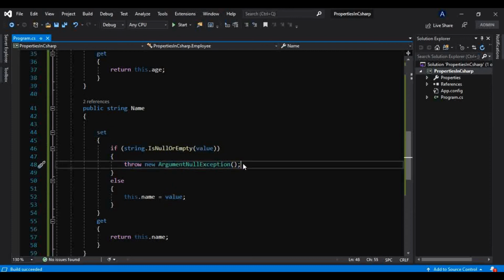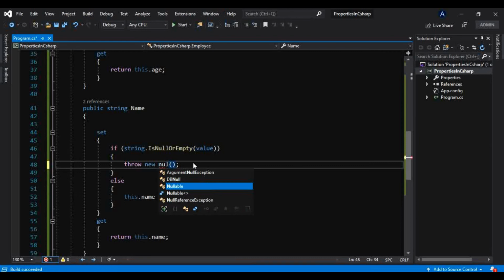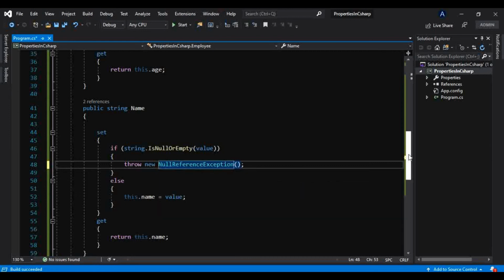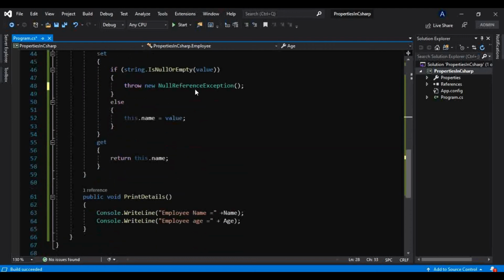argument null exception. Okay, so instead of this I can throw a null reference exception. Basically, if you have noticed, I have copied this property here, and this exception also got copied, and that's what it was throwing.